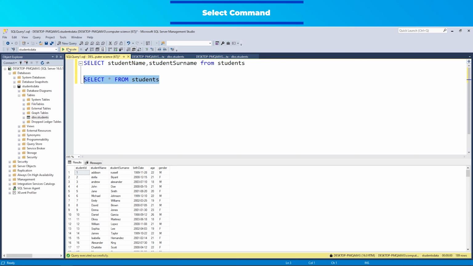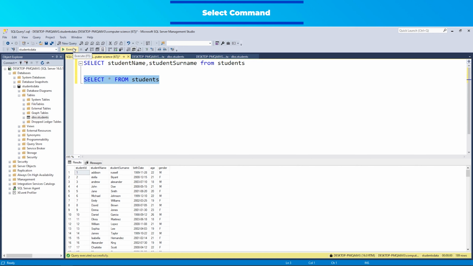When executing a query in SSMS, you can run the query by pressing the F5 key or by clicking on the execute button. If you haven't made any selection, all the code in the field will run. Alternatively, if you select a specific part, only the selected code will run when you press F5 or click execute. Make sure that the database you are working on is selected at the top in SSMS.